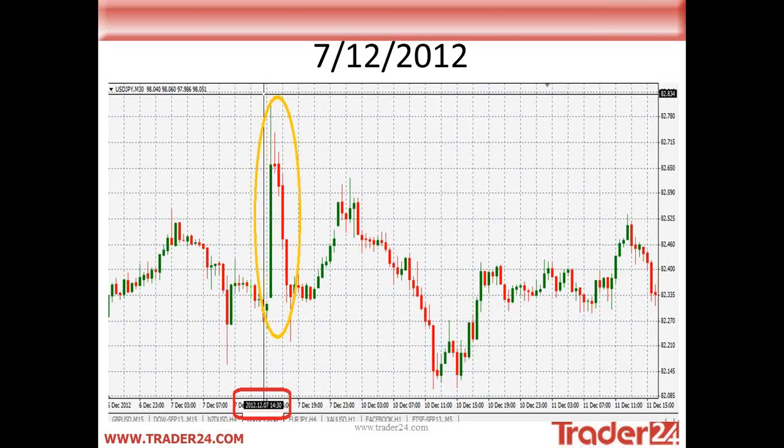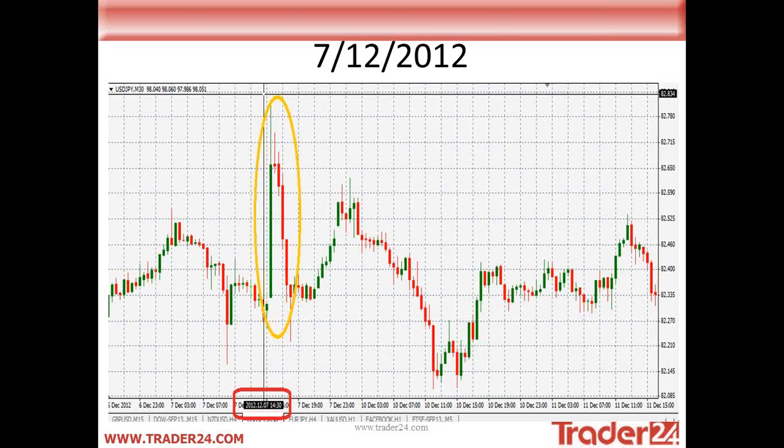Okay. Shortly after the release, about half an hour later, you saw the market start to correct itself and it came back down again. Now, this is a perfect example of a rebound. So as a trader, you could get into a buy position prior to the release of the Non-Farm Payroll Report. Once it's spiked and started to drop back down to normal levels, when you see the red candlestick starting to form, that might be an indication to open up a sell position back down, because usually with such big spikes in the market, it's never going to stay there for too long.